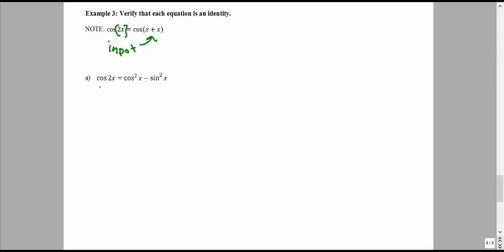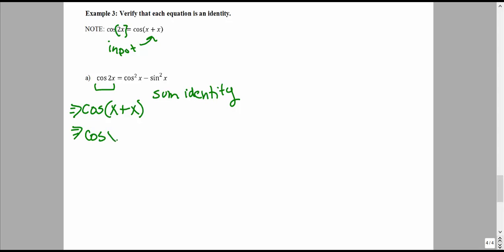In order for us to prove that this is an identity, something that is true for any x, we're going to start with the left-hand side, and we're going to use our little hint. We're going to think about cosine of 2x as cosine of x plus x. Then we're going to use the sum identity for cosine, and we're going to rewrite this